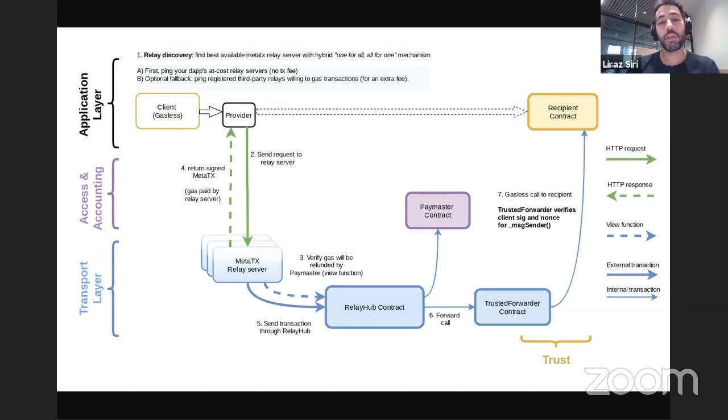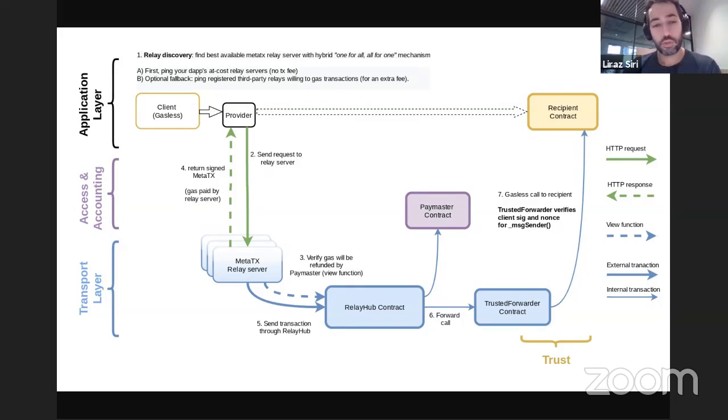What that means is that taking down the front end of any dApp is now as hard as taking down all the dApps that are using the system. So we've aggregated the availability guarantees that the system provides, without complicating how much you need to understand upfront, because you don't need to understand how your client would look up a relay server from the decentralized registry, as long as your relay server is still working. You also wouldn't need to understand what the transaction fee is going to end up being, because you won't pay your own relay servers a transaction fee, or rather your paymaster. So